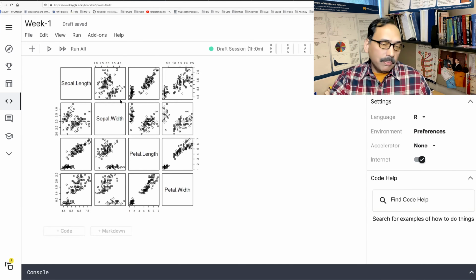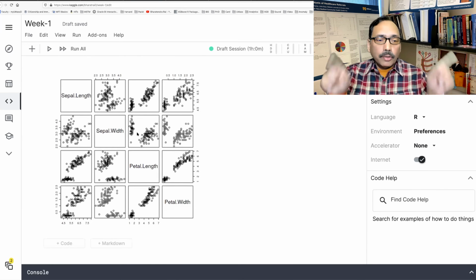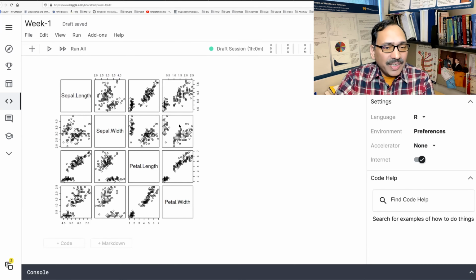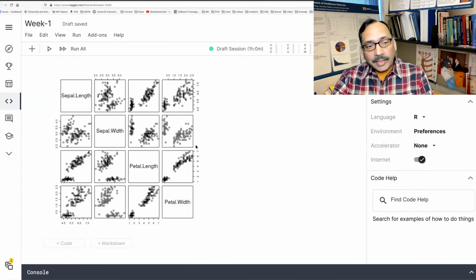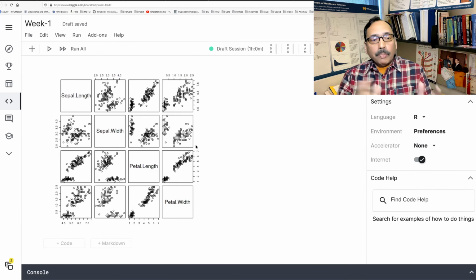There is one problem which I see here, from a design point of view: there is some amount of redundancy, because this plot and this plot are both between these two variables. So even if you have the lower triangle and do not have the upper triangle, you get the same information. That way there is some wastage of real estate here. So there is another way to plot where you can have all possible combinations, but with better use of space.